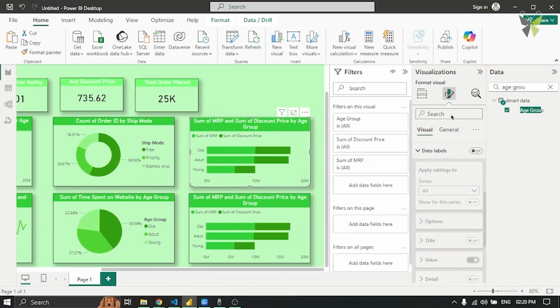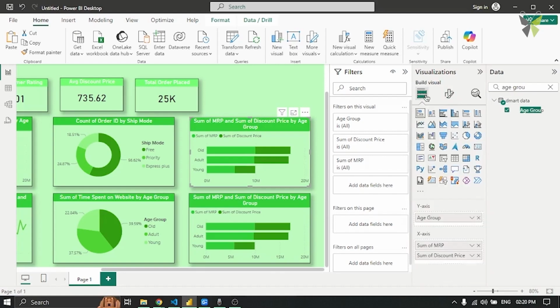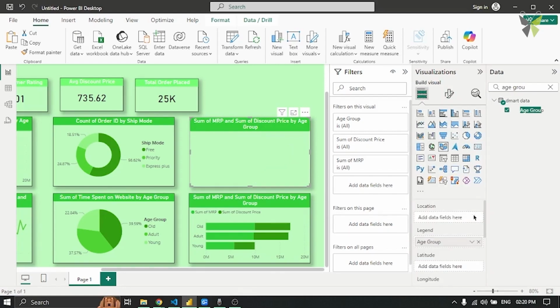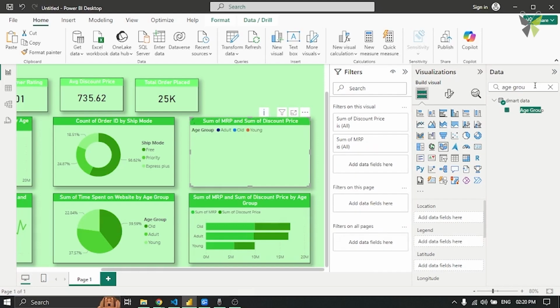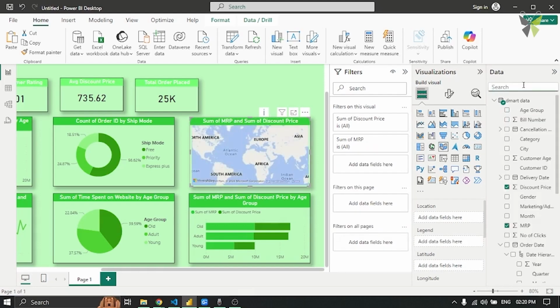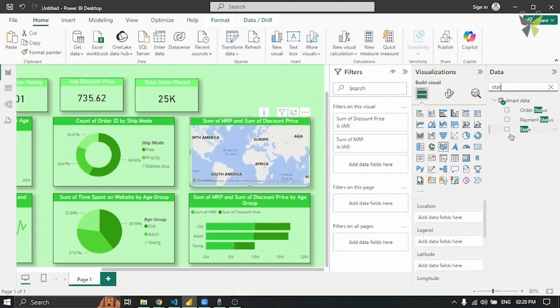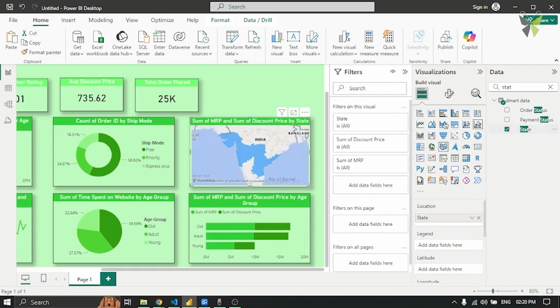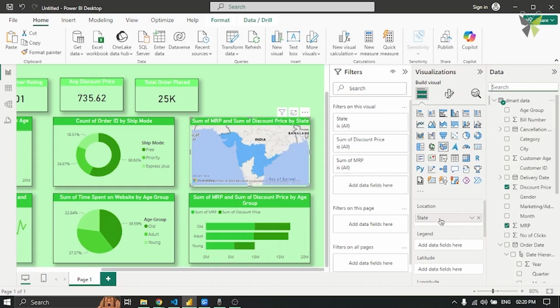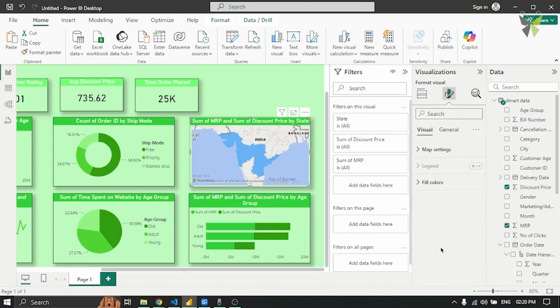All right, we can go ahead and change this chart now to a map chart. Let's select filled map and let's try to see what the different states are saying. So we'll go to states, we'll select state. So these are all the states that DMart Ready is working in, right? There's Maharashtra, Gujarat, and we can go ahead and add coloring as well.